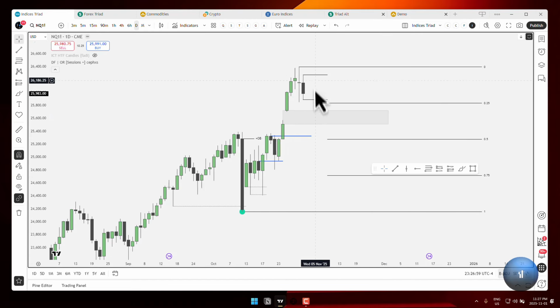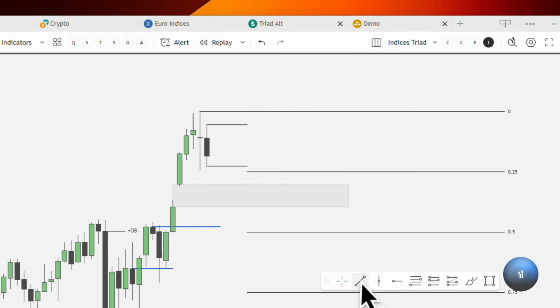And that would be my immediate short-term draw. And then I would watch price to see price's reaction at this gap. If I see that price is forming a reversal at the gap, well, that would be a sign that we could probably continue and expand the previous expansion, continue that expansion to the upside. If price fails to form that kind of reversal at this gap, which would be the immediate draw, like I